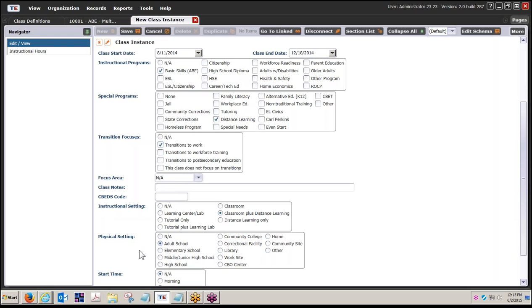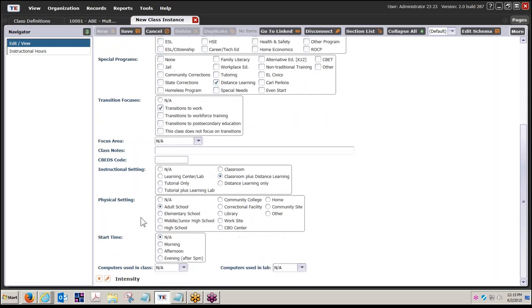Identify the time of day. Okay, let me scroll this. You can identify the time of day this class starts, such as evening. Okay. Now specify if computers are used in class or in a lab, and whether or not computers are connected